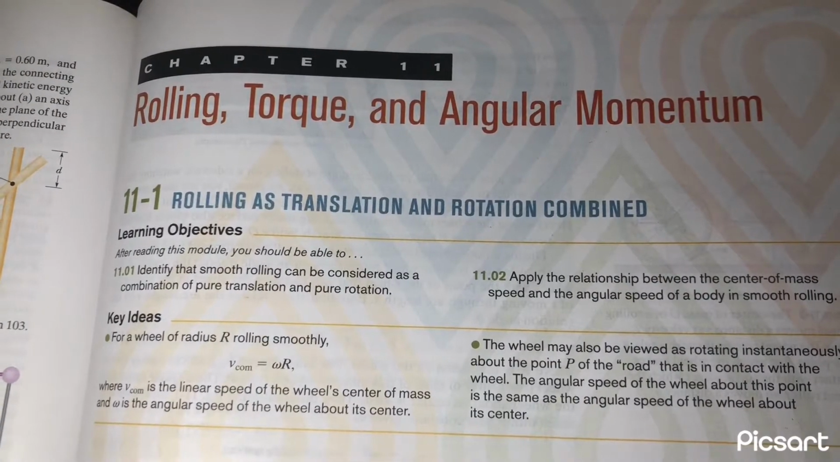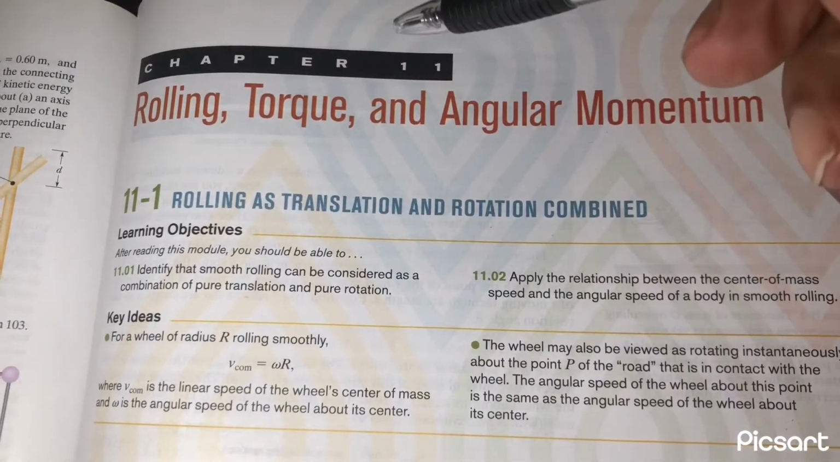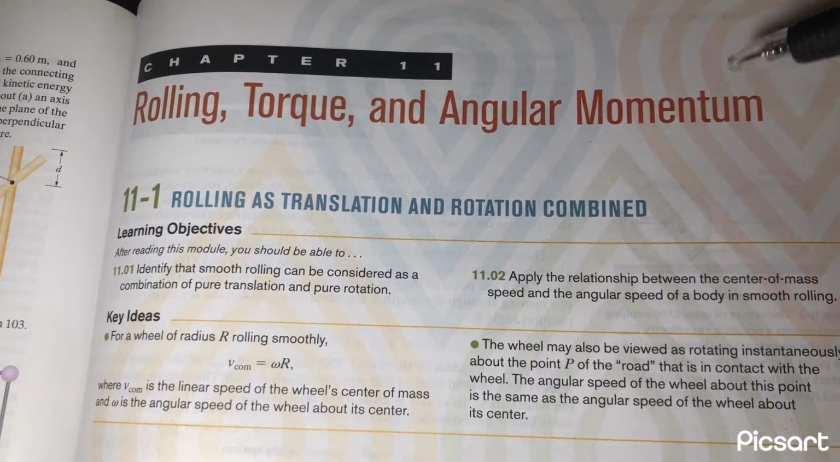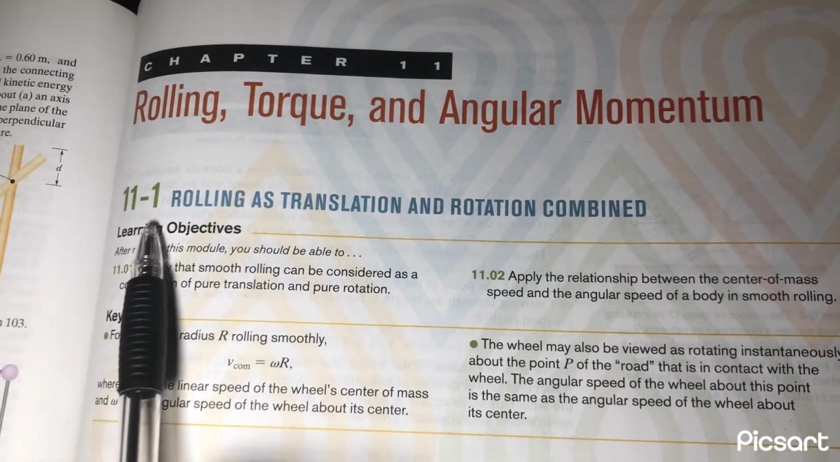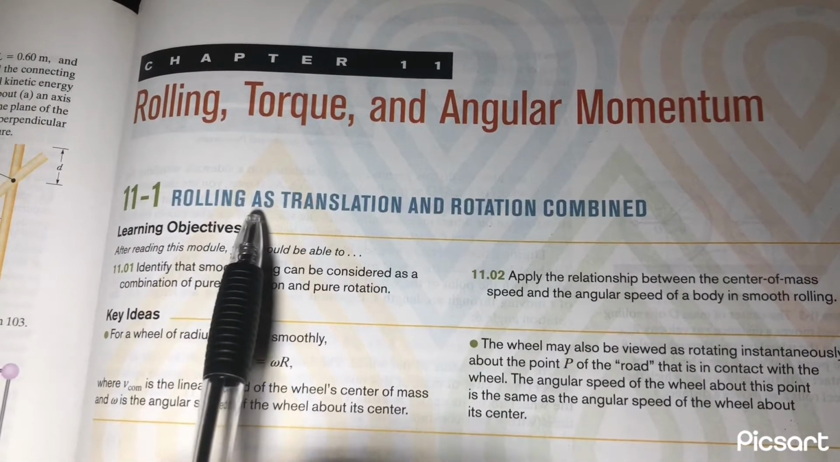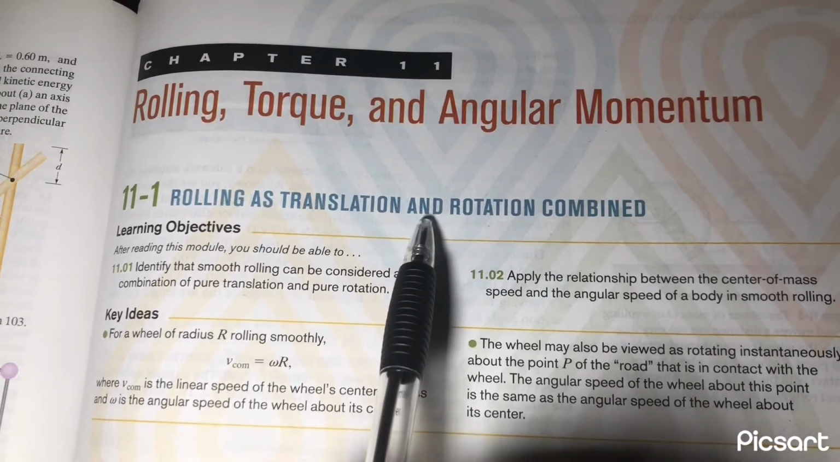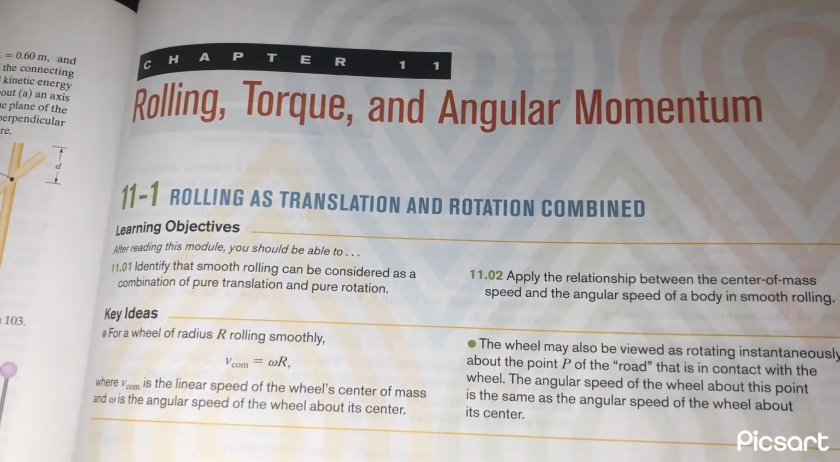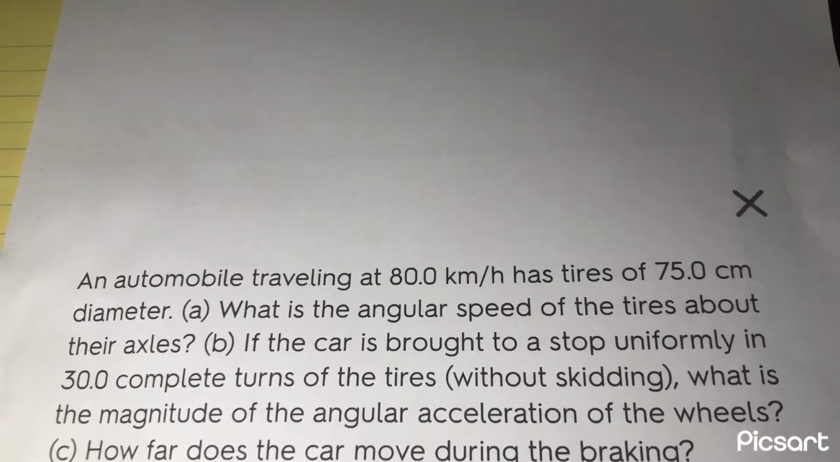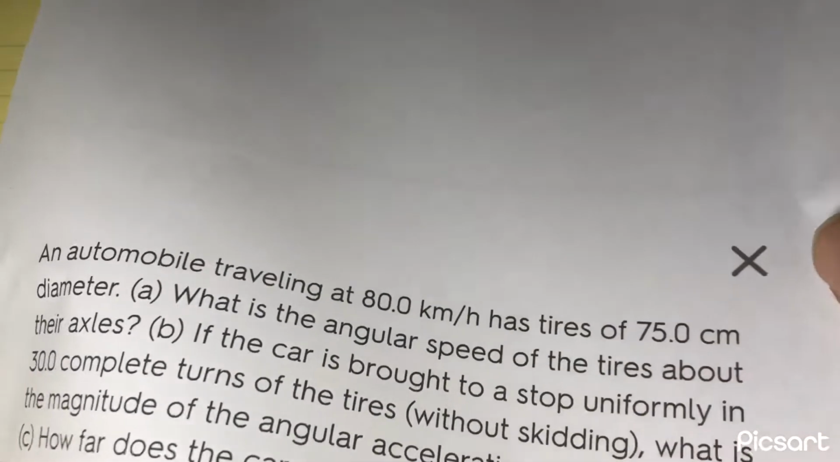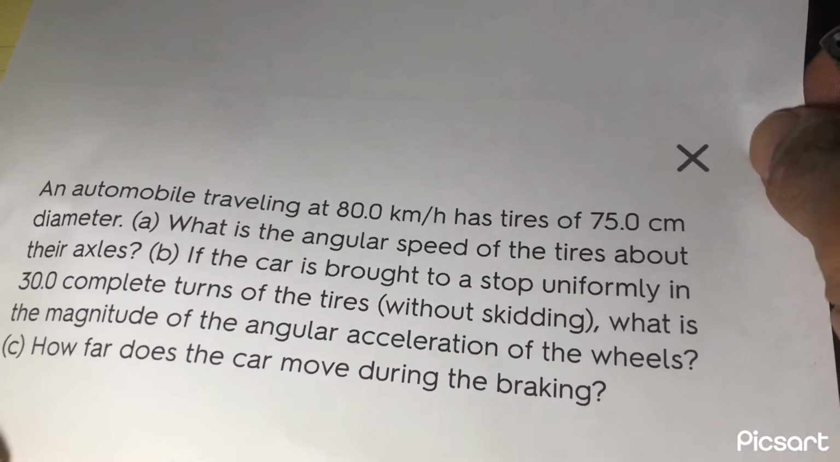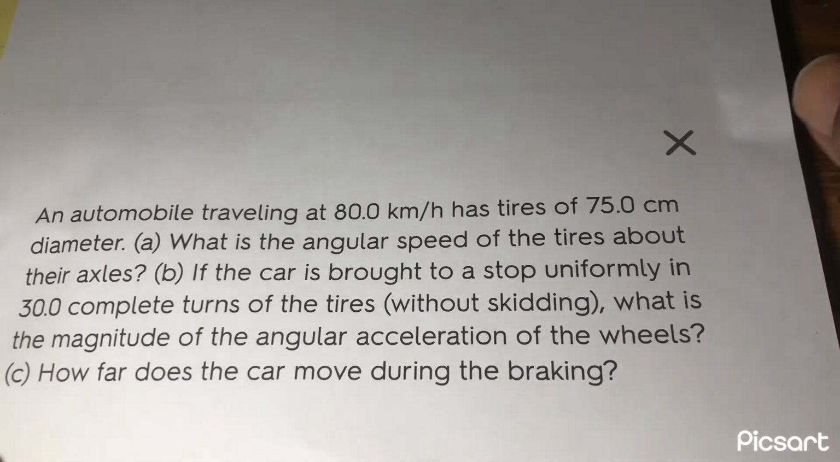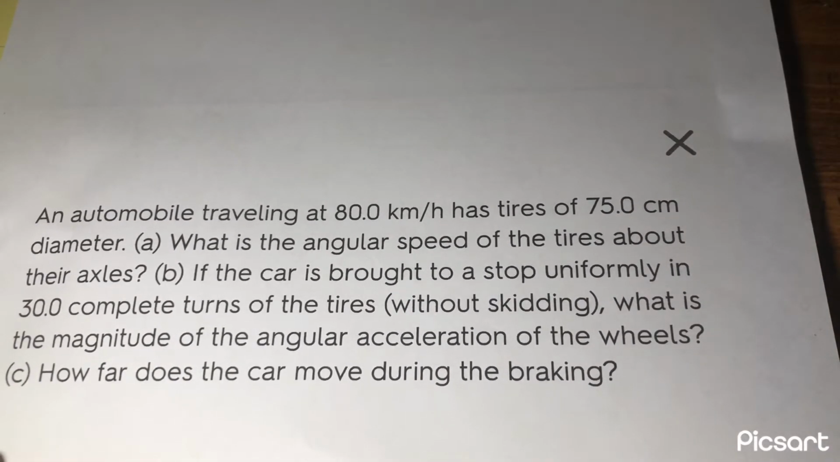Chapter 11 covers rolling, torque, and angular momentum, and we'll be taking a problem from Module 1, rolling as translation and rotation combined. The problem that I've selected is number 2 from Chapter 11, and it reads,